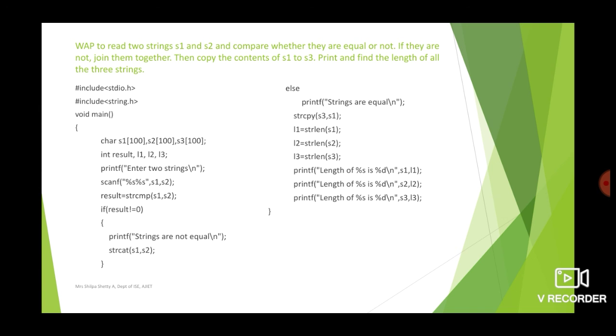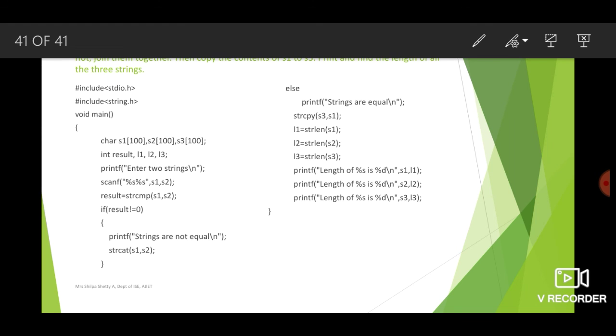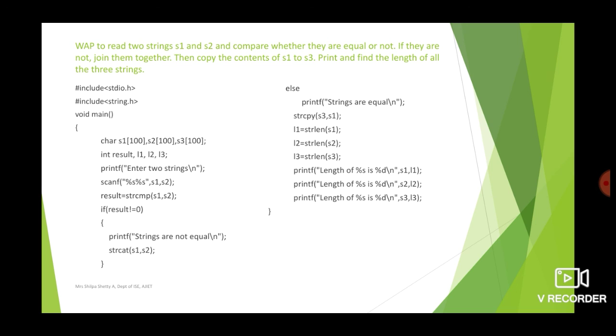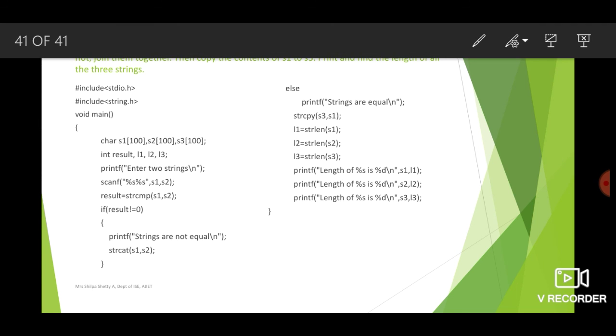Declare. Let us take three strings here: s1, s2, and s3. Then a few more variables are there. To find the length of the three strings, because it's given, print and find the length of all the three strings, we need three variables here: l1, l2, l3. And you know that the string compare function returns an integer. So based on that you can decide whether the strings are equal or not. So we are taking a variable called length to store the length of the array or length of the string.